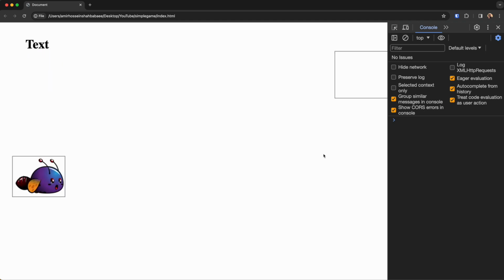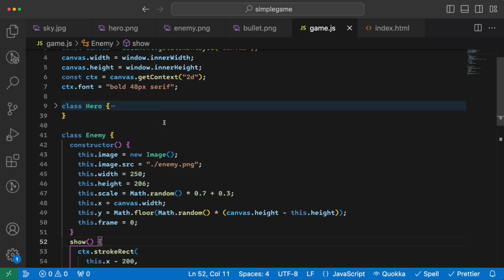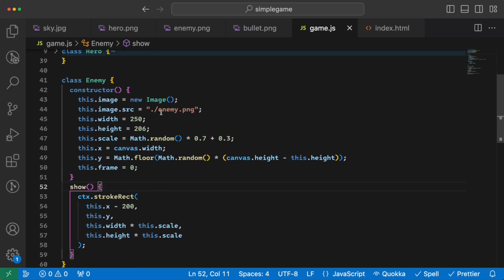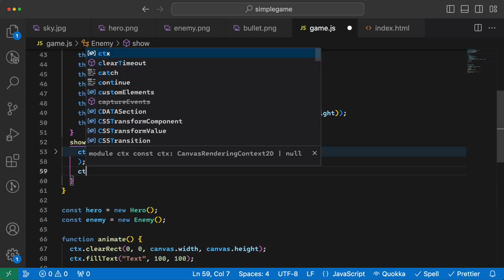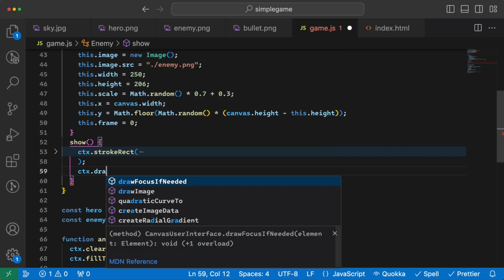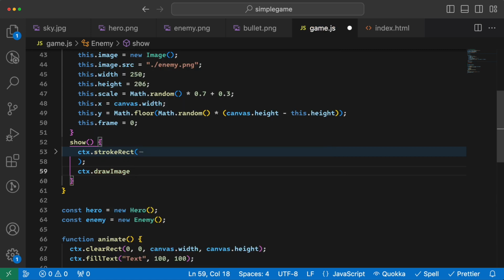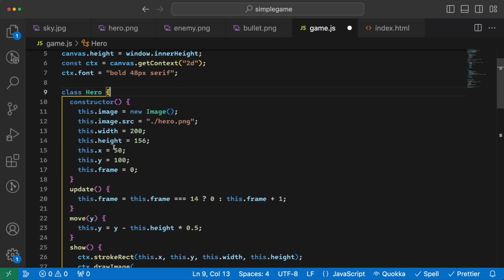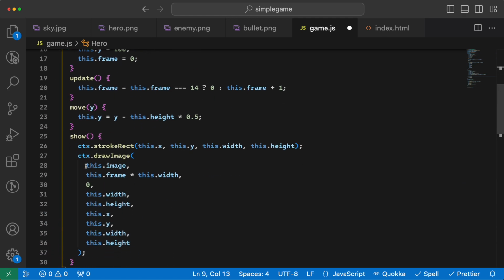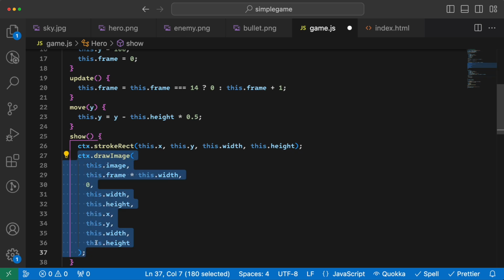Now let's go and add an image to the enemy as well. So again we need to have an image which we have added beforehand, and then we need to have a draw image as well. So I need to close this one and say ctx.drawImage, and this will be something like the drawImage that we have here. So I will grab this one